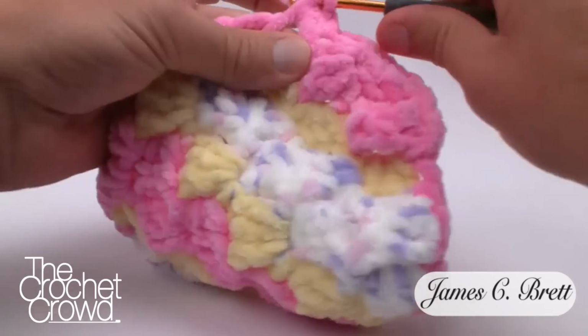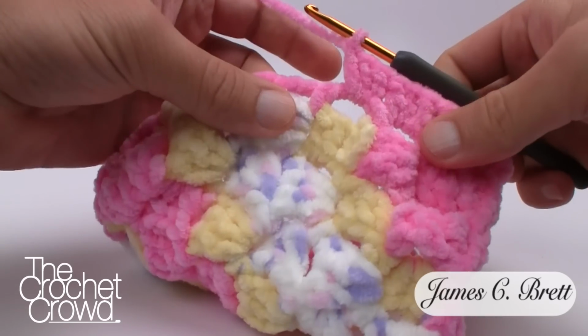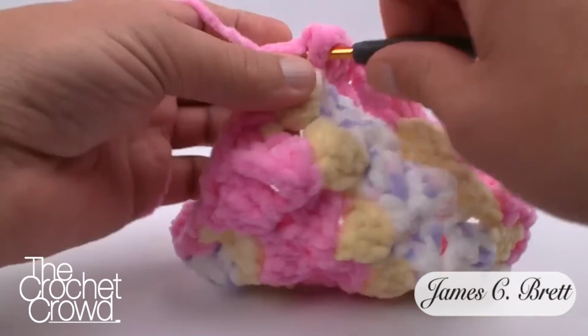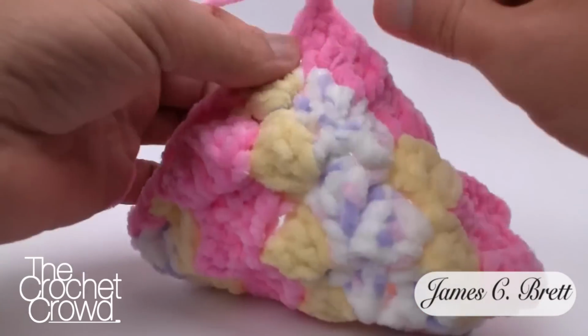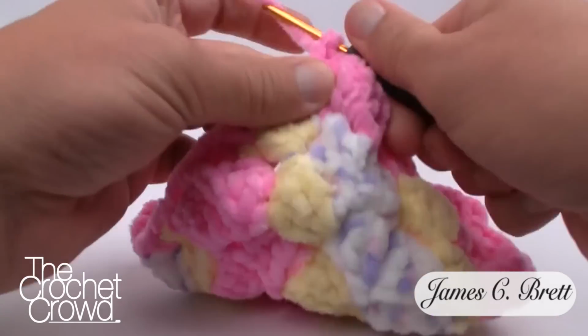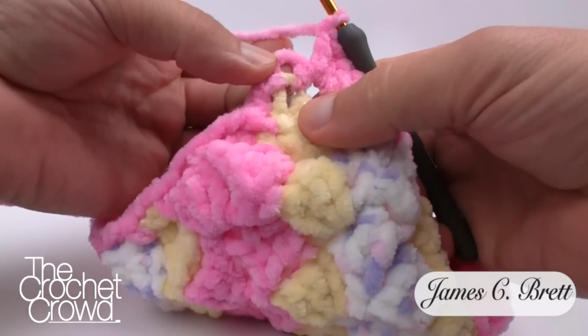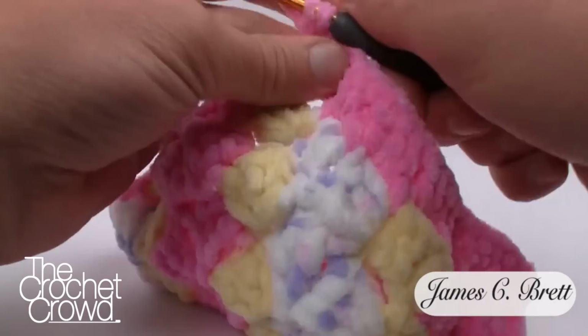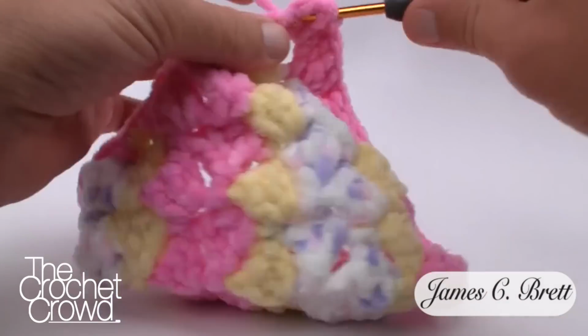Okay, so let me get this done, and I'll meet you at the first corner, and I'll show you what to do there. Okay, I'm almost at the first corner. I'm just on my last box. Okay, and then once you get to that corner, you'll have your piece right there, and that's going to be 3 double crochets into that corner,